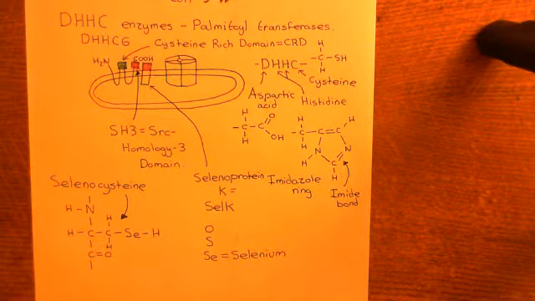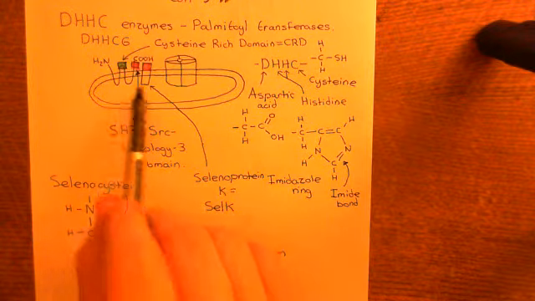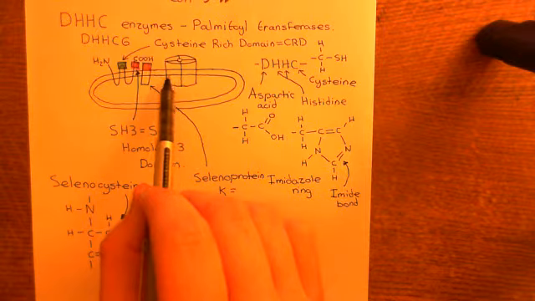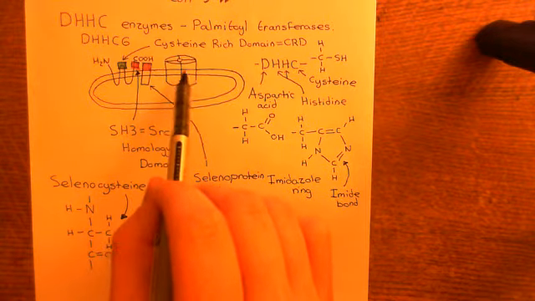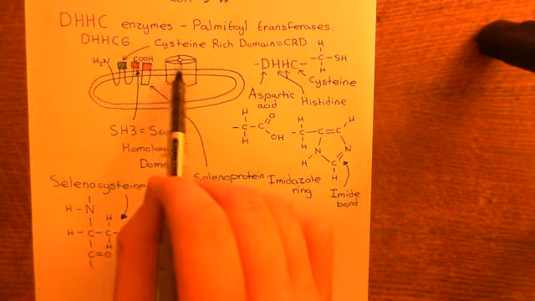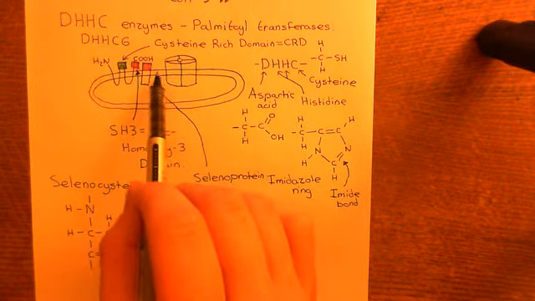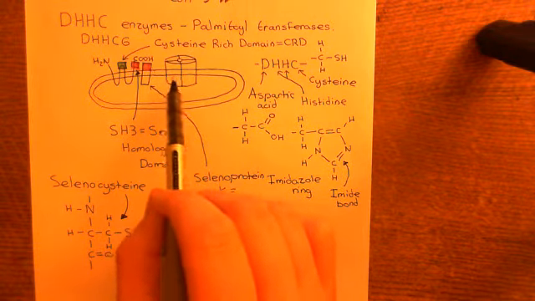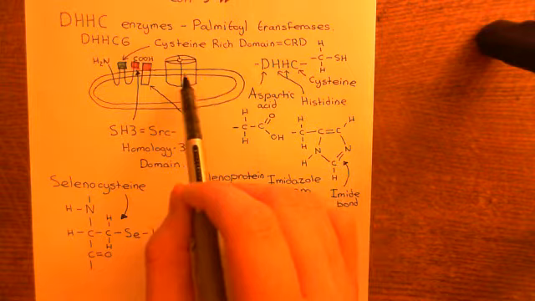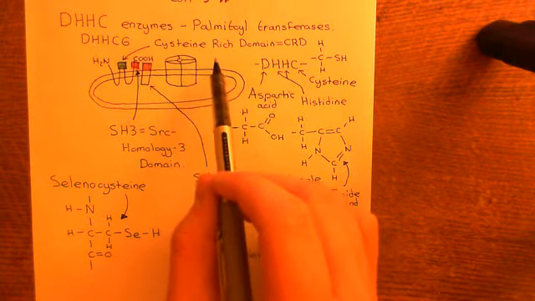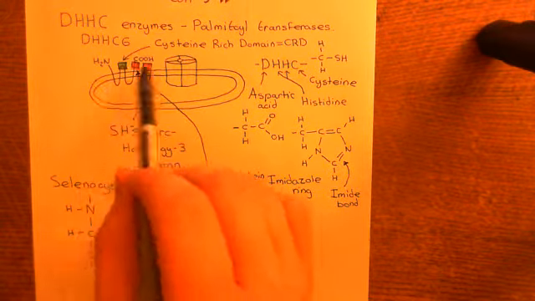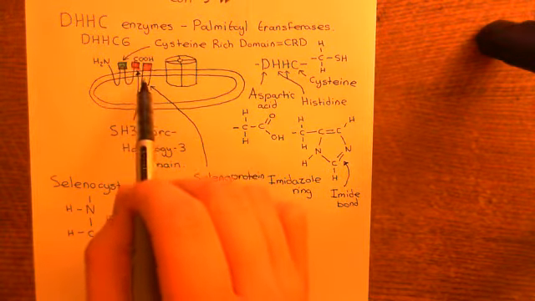So, the overall claim then is that DHHC6 is complexed with selenoprotein K in the ER membrane, and that this complex palmitoylates, adds palmitoyl groups onto the IP3 receptor subunits, so each of the 4 IP3 receptor subunits, and that these palmitoyl groups stabilize the IP3 receptors in the ER membrane and reduce the speed with which they are removed from the ER membrane. So, if you take those palmitoyl groups off, or if you bust this enzyme complex, potentially by knocking out selenoprotein K,